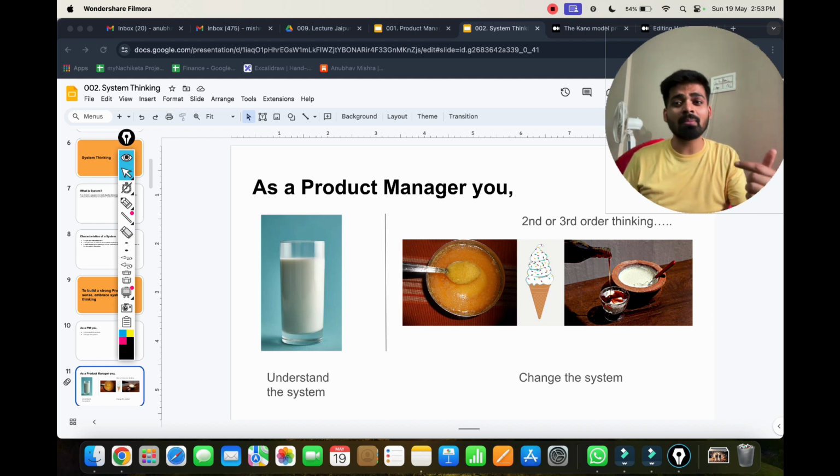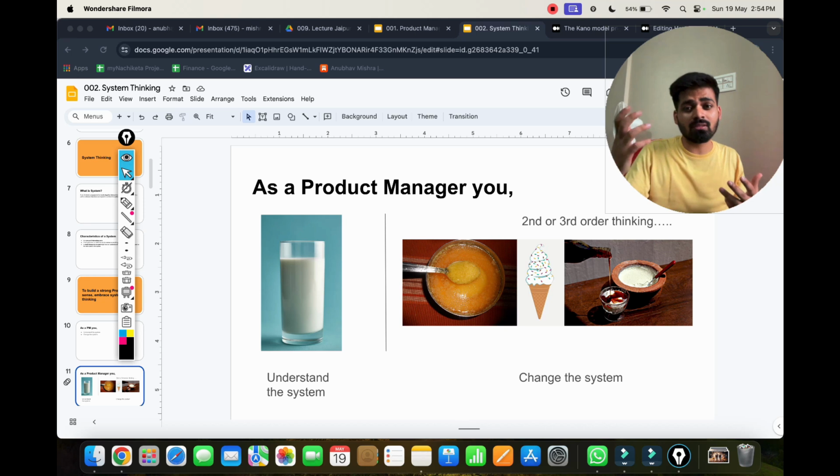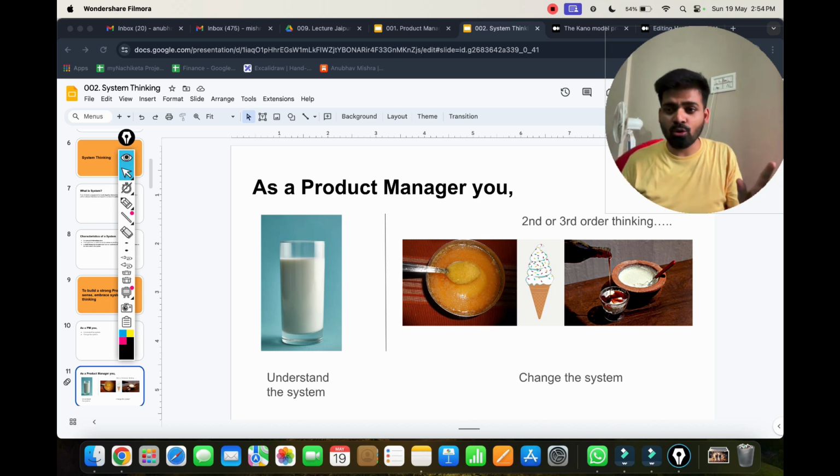Okay, a lot of time there are apps that can affect other second and third order things. For example, Facebook. There was a controversy that Facebook is affecting the election results by showing certain types of content to people so that they are motivated to agree to a certain type of campaign. Now I don't know how true that is, but that was in the news. So now you get it that okay, something affects something.